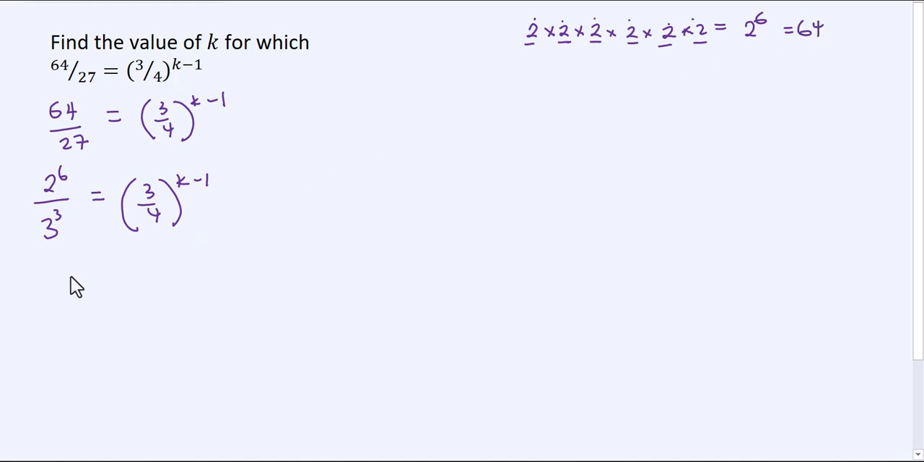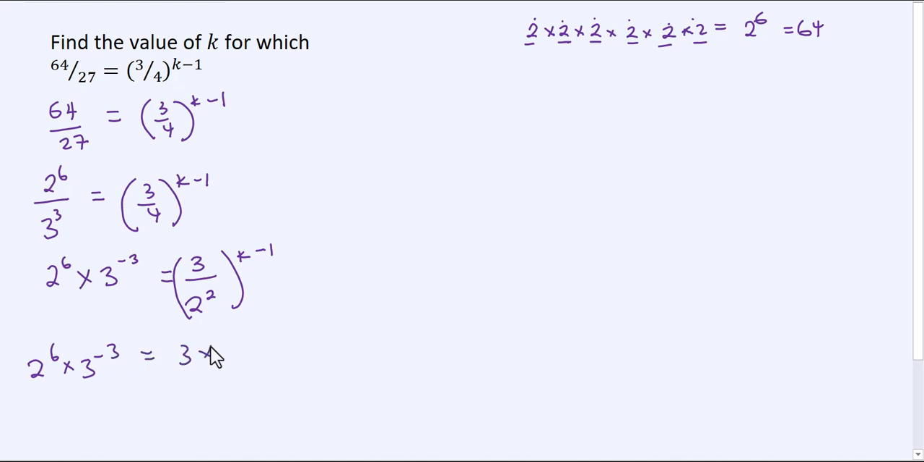Okay, so from this very point, we can have 2 raised to the power 6 multiplied by 3 raised to the power negative 3. This is the negative index law from the previous lesson. So here we'll now have 3 over 2 raised to the power 2, all raised to the power k minus 1. So here we have 2 raised to the power 6 multiplied by 2 raised to the power minus 3 is equal to 3 multiplied by 2 raised to the power minus 2,